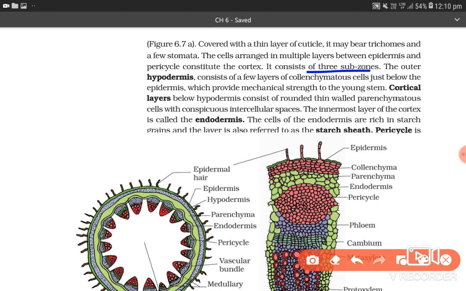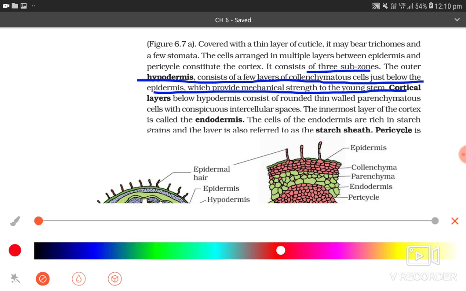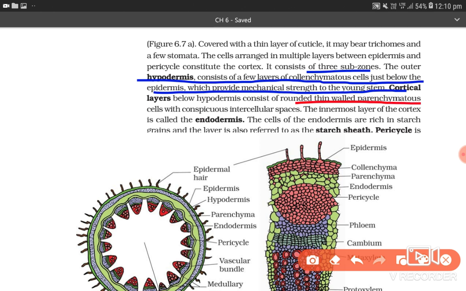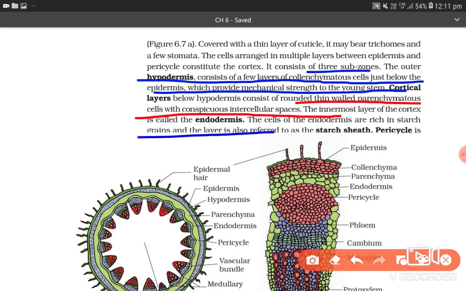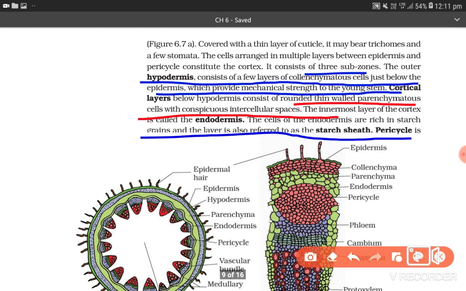The outer hypodermis consists of a few layers of parenchymatous cells just below the epidermis, which provides mechanical strength to the young stem. Cortical layer below the hypodermis consists of round, thin-walled parenchymatous cells with conspicuous intercellular spaces. The innermost layer of the cortex is called endodermis. The cells of the endodermis are rich in starch grains and the layer is also referred to as starch sheath. Pericycle